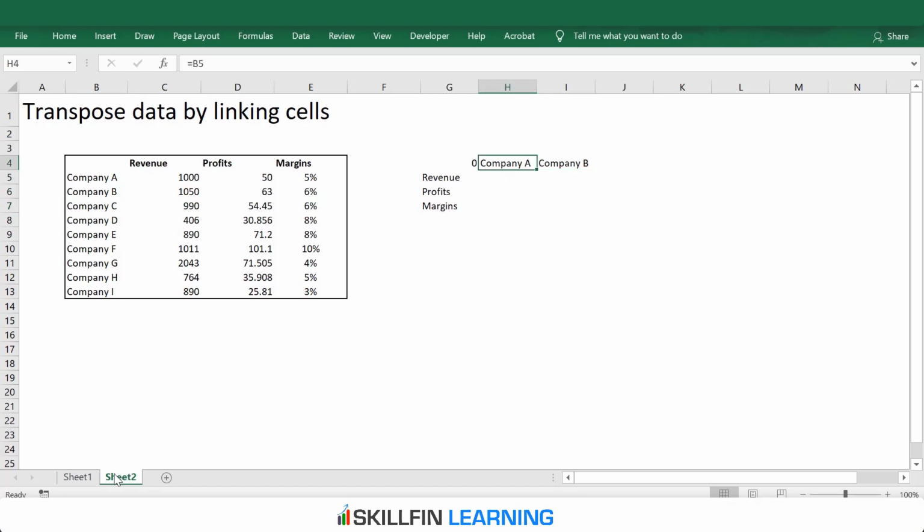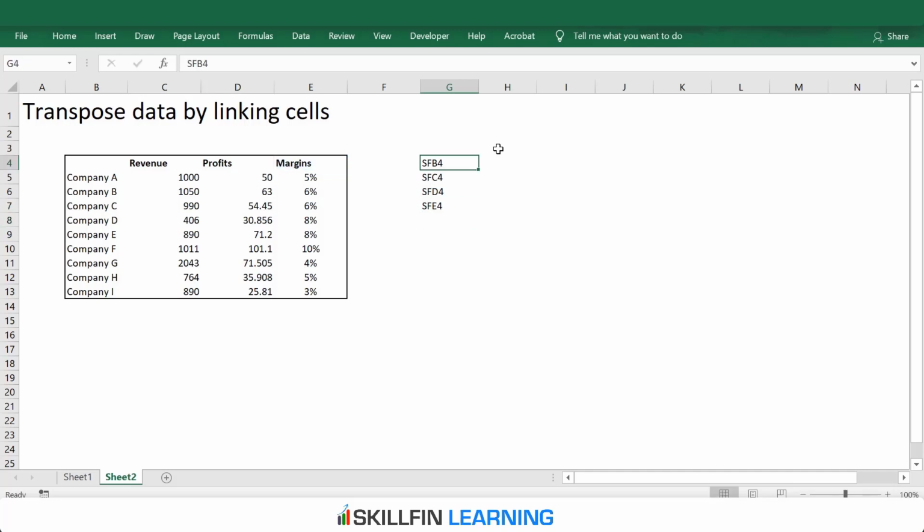So there's a simple trick in Excel. What we will do is remove the equal to sign, and instead of equal to, we will type SF for the first few cells. So we have SFB4, SFC4, SFD4 and SFE4.